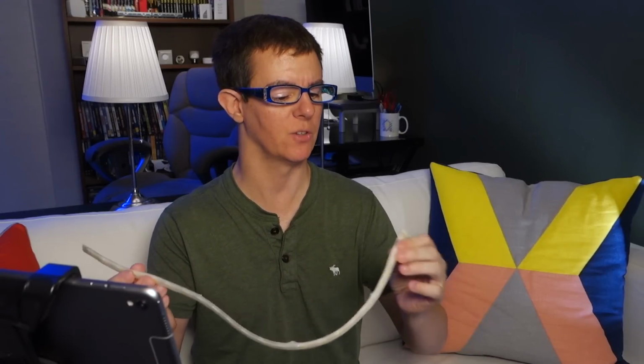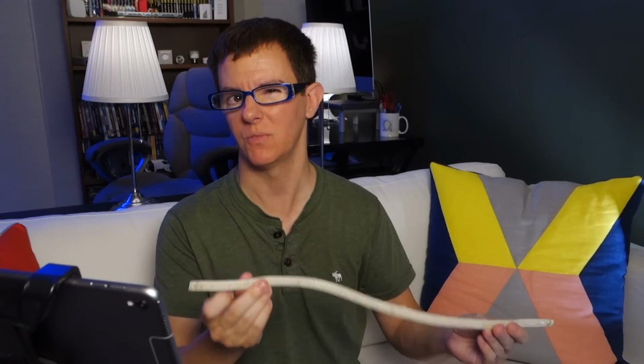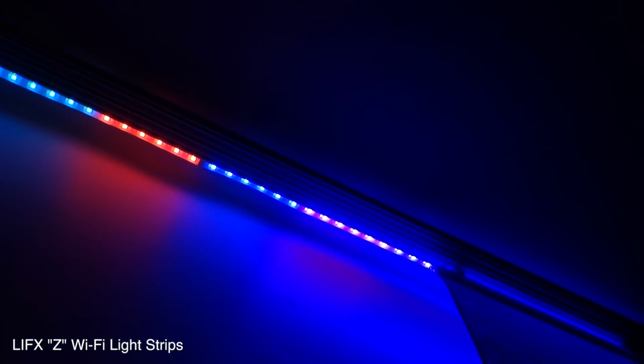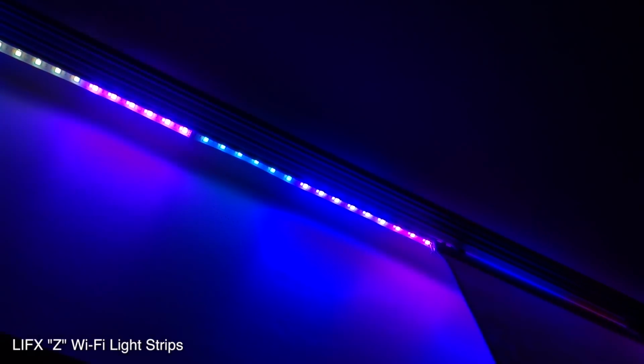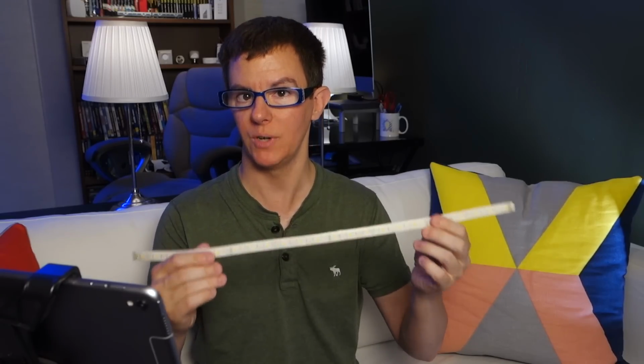He specifically mentioned light strips, and he's talked about the Philips Hue, which of course I have and I've demoed before. This one's from LIFX, and I mentioned it to him as well. This is a cut piece. You're not really supposed to cut them, but I guess you can email me for inside information, but in general, they say don't cut them. The LIFX strips have a zone every 6 LEDs, so you can actually do more than one color on these strips at a time. You can do all kinds of effects and things, but otherwise, most of the light strips look pretty similar today. The strips for Philips Hue, for LIFX, and even Sylvania's Lightify, which I think is now called Smart Plus,